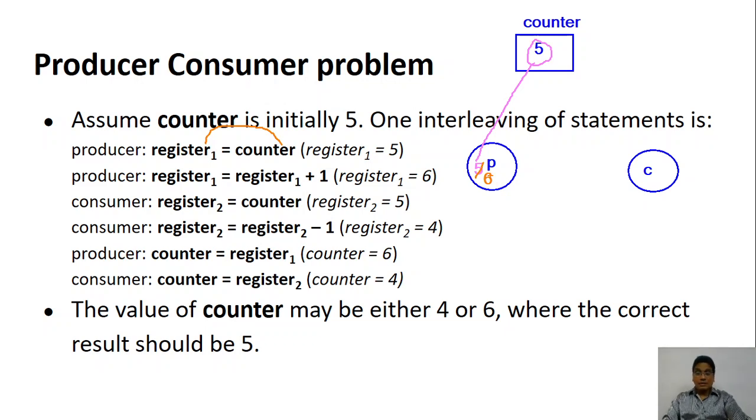But at the same time, what will the consumer do? The consumer is also running parallelly. Remember, it's a cooperative process. The consumer will also look at it. Okay, 5 items have been produced. Why can't I consume one? So the consumer will go here and read it. Okay, 5 items have been produced by the producer. A lot of items are there, I can consume one.